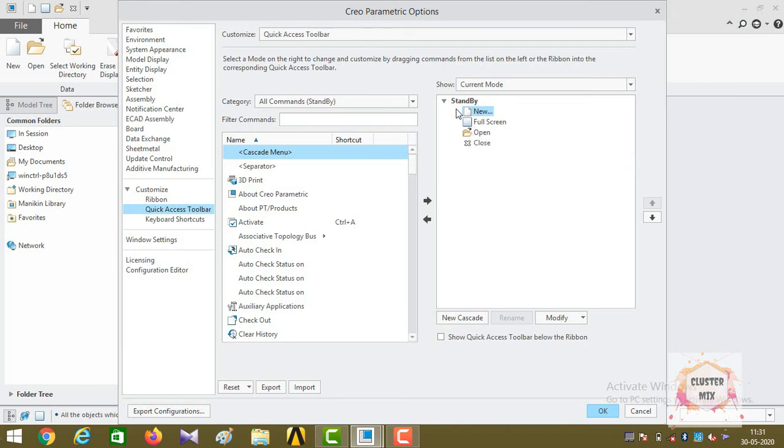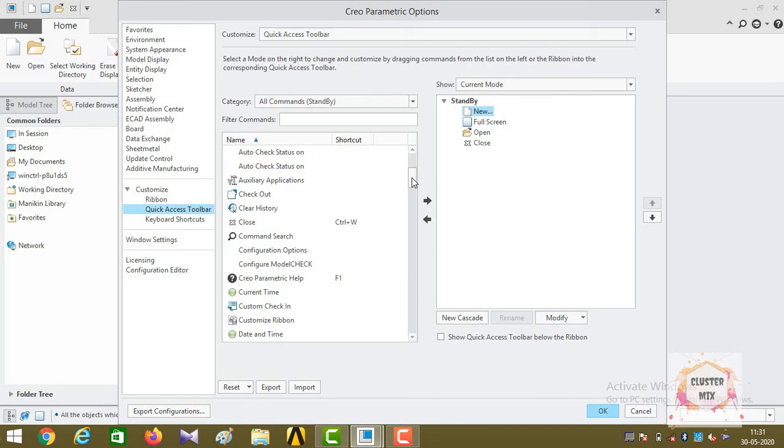To import a command into the quick access toolbar, for example, I just want to import a command called command search. Click on it and click on the right direction key on the computer screen. You may see that it is imported into the quick access toolbar. For example, I just want to remove full screen.